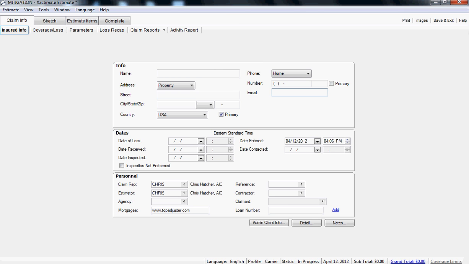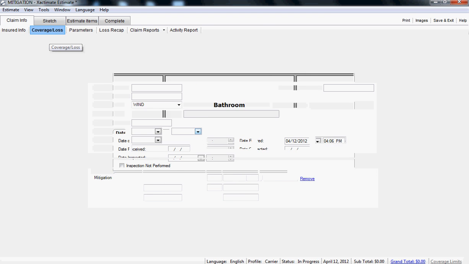The main question is, how do I have a cover sheet for mitigation with its totals and a cover sheet for restoration with its totals? Remarkably simple. Notice I am in the carrier profile. That's very important. You want to be in the carrier profile. The first step is to go to the coverage loss screen